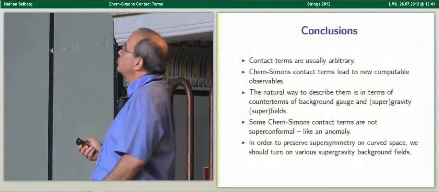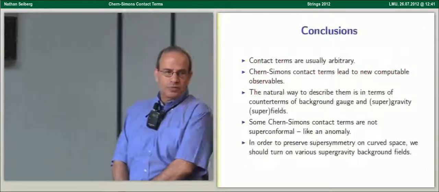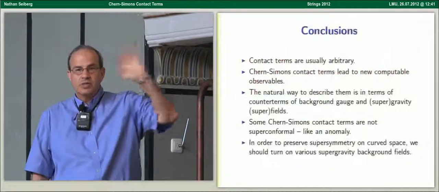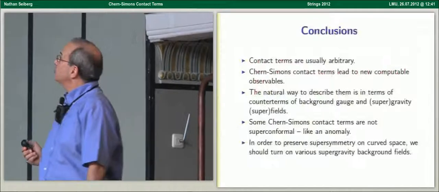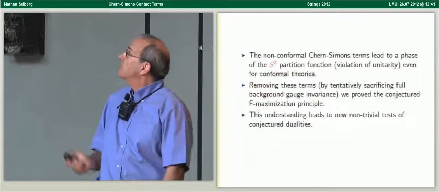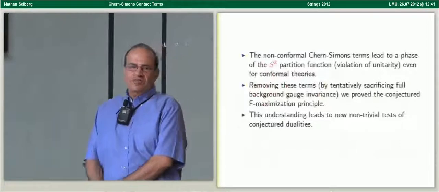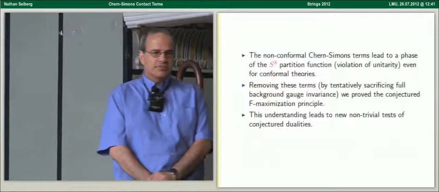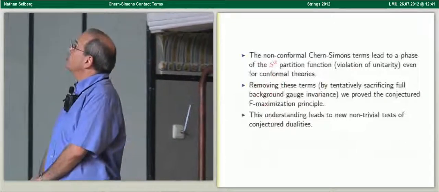We notice that in supersymmetric theories, some Chern-Simons terms are not superconformal. This is the anomaly I emphasized, which had important consequences when we studied the theory on the sphere. In order to preserve supersymmetry on curved space, we should turn on various supergravity background fields. I discussed that. And the non-conformal Chern-Simons terms lead to a phase of the partition function, which many people were confused by, but now we see very clearly where it comes from, which can be interpreted as violation of unitality,